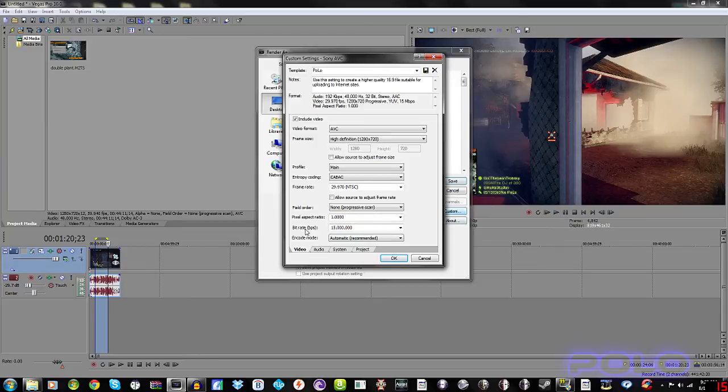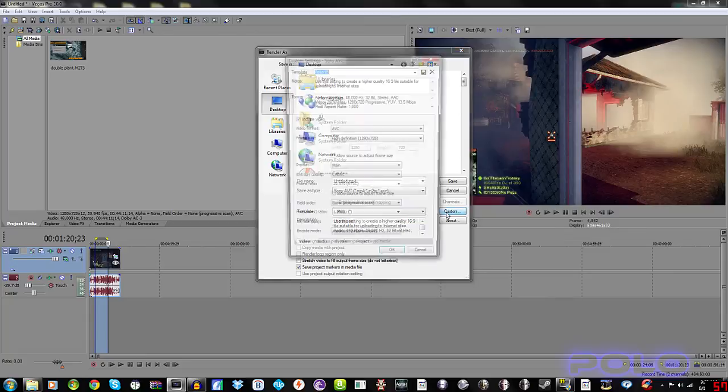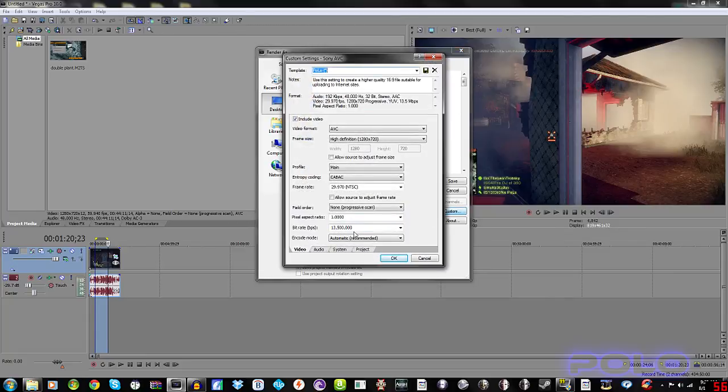And now bitrate. The first time I mentioned bitrate was back in the PVR settings, and it's 13.5. Now you can type in 13.5 right here, or let's see, 13,500. This is the equivalent of 13.5 from the PVR, but I render at 15 million